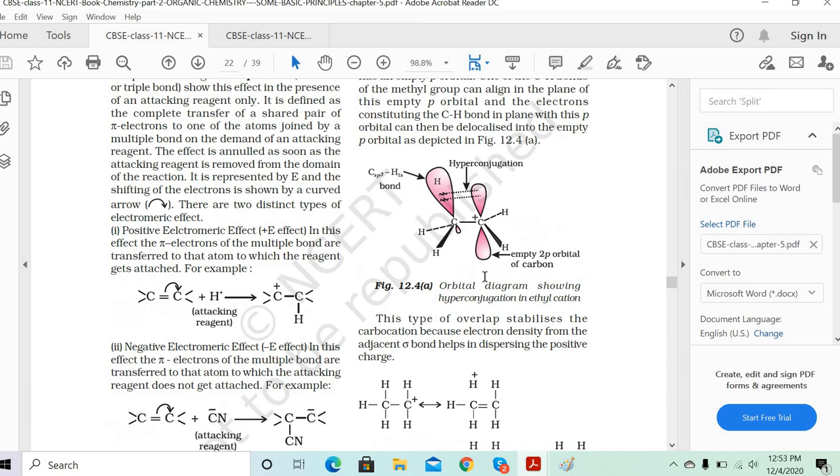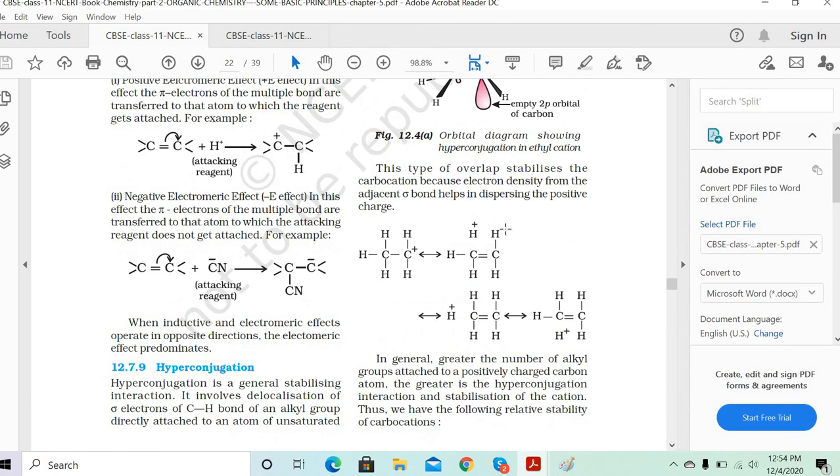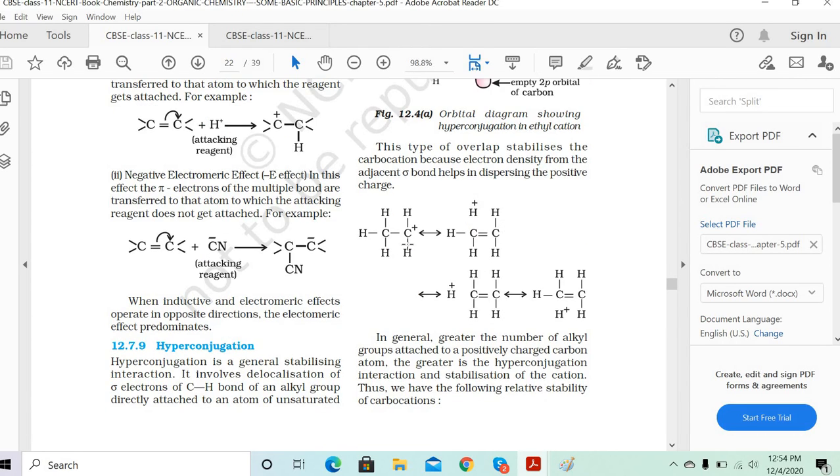Now how does it happen? We will try to understand in this part. This part is the geometrical representation, showing how we form the double bond between the two carbon atoms. One carbon atom is connected to the hydrogen, the other is the carbon which has the positive ion on it. Clear? Because of this positive ion, the single bond of the hydrogen will get broken and it forms a double bond with the other carbon atom. That is called hyperconjugation. Understood?